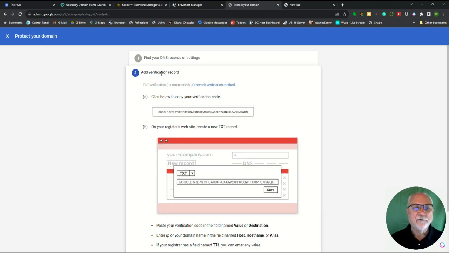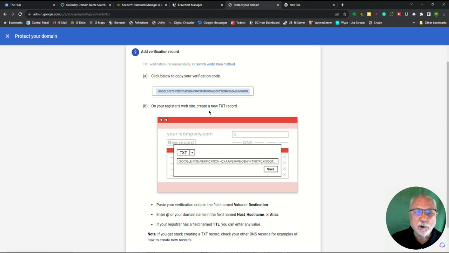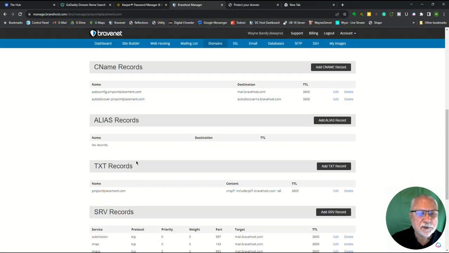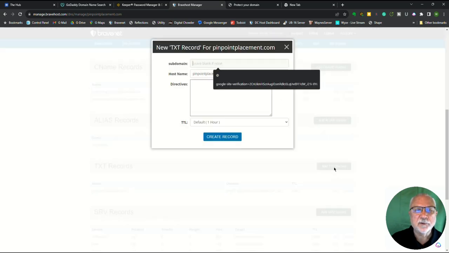So now the verification process, and there's two ways. One is text verification, which is what's recommended, and that's what I'm going to do right now. And here is a code that we are to copy into a text record on the domain. So I'm going to click it. It copies it to my clipboard, and then I'm going to go back over, and we're going to go to text records, add a text record,